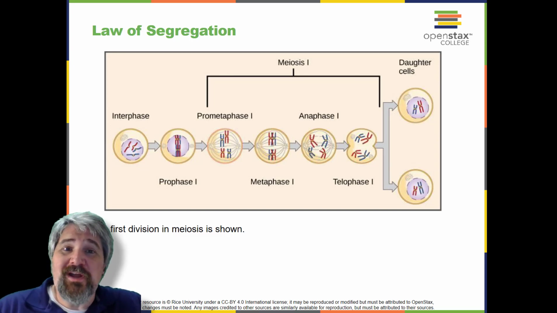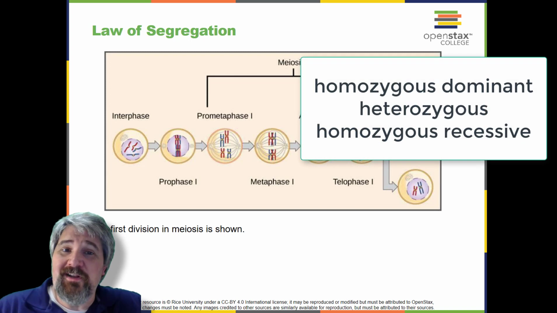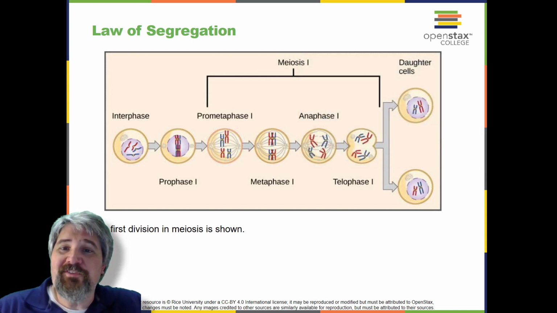For the F2 generation of a monohybrid cross, the following 3 possible combinations of genotypes result: homozygous dominant, heterozygous, or homozygous recessive. Because heterozygotes could arise from 2 different pathways, receiving one dominant and one recessive allele from either parent, and because heterozygotes and homozygous dominant individuals are phenotypically identical, the law supports Mendel's observed 3-to-1 phenotypic ratio. The equal segregation of alleles is the reason we can apply the Punnett square to accurately predict the offspring of